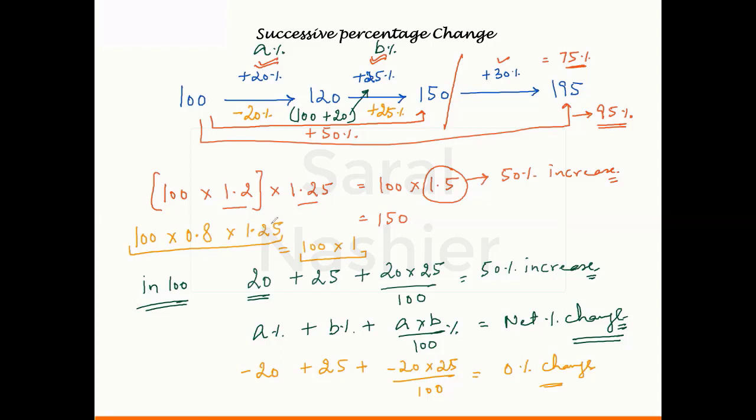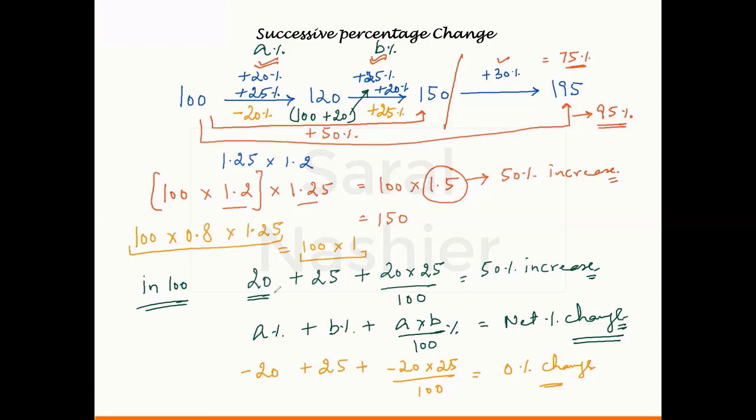In both of the methods, you will see that if the first increase was, let's say, 25% and the next increase was, let's say, 20%, what change would it make? You will have 1.25 here and 1.2 here. Can I say no change does it make in whatever order you take it? Because ultimately A into B or B into A are the same thing.